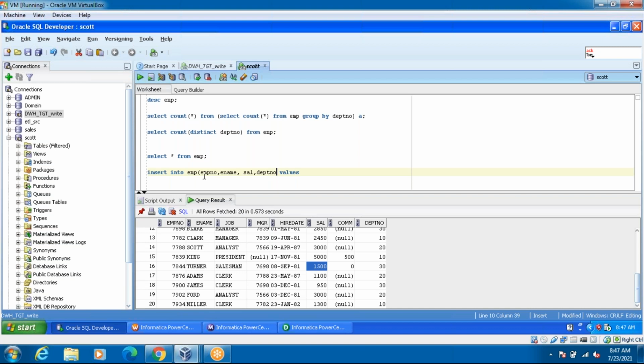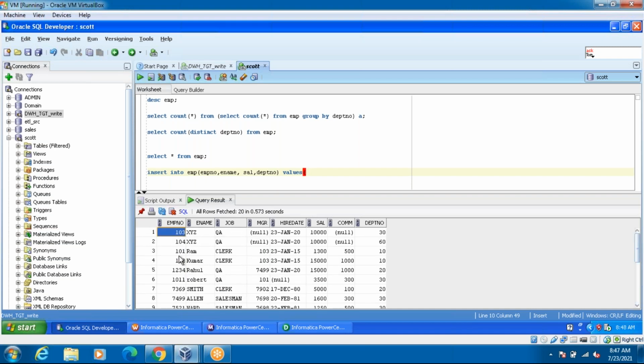So these 4 columns are going to be inserted. 101, 105. I'm going to give just wrong. Salary will be null. I'm going to give the department. Like that I'm going to give the data.